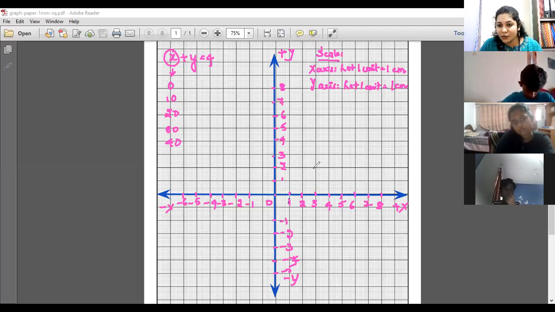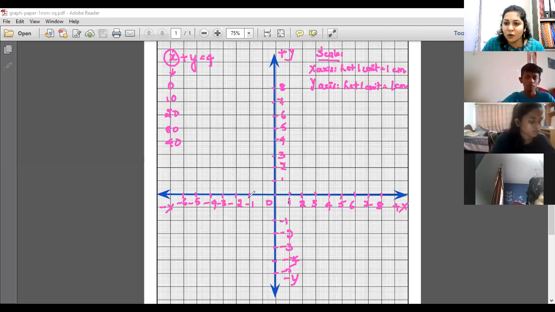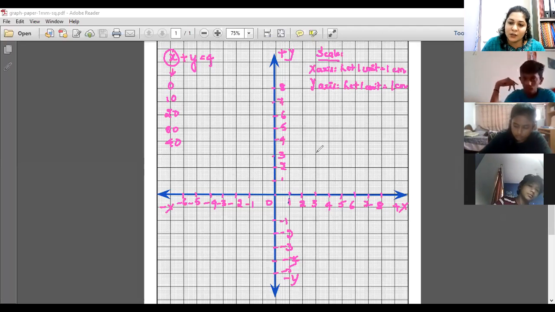Then what should be your scale? You should choose, let 1 unit be equal to how much? 10 centimeters, is it not? Because is it practically possible for us to mark 1 centimeter, and here will be your 10, after again so many intervals 20? We cannot plot it on a graph sheet. Understanding or not? So what should we choose? We should choose the scale, and you should say let 1 unit be equal to 10 centimeters. Then you have here 10, 20, 30, 40. Then it will be easy for us to plot.